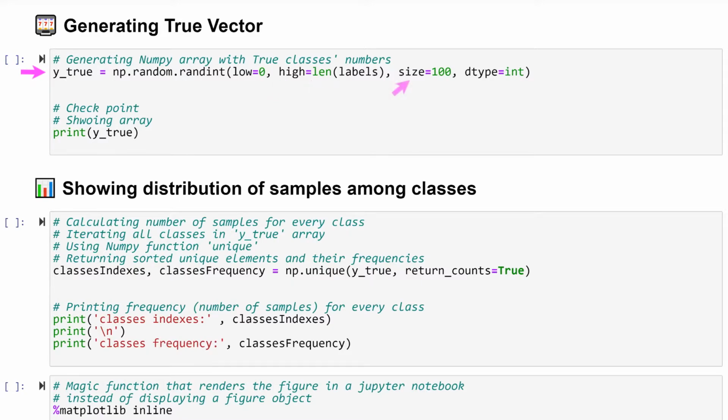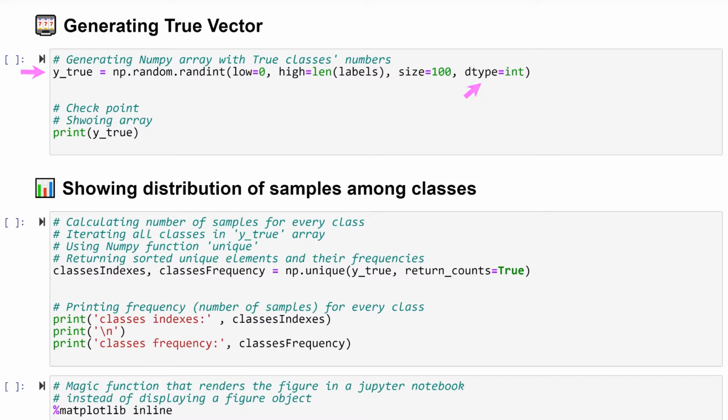We also set total number of samples for all classes in our imaginary dataset as 100. Later, you can experiment and set here different number. Last argument specifies type of the generated numbers. We set it to integer type as classes numbers must be integers.